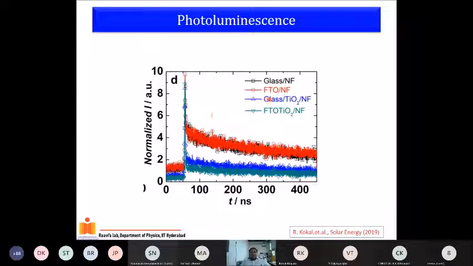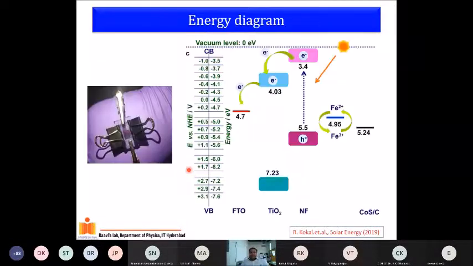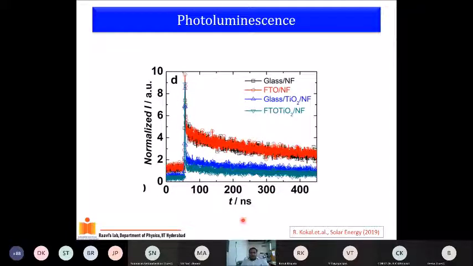Again, we see that when you put new Fuchsin on glass or FTO, it is long lived, suggesting that this is the excited state lifetime of the new Fuchsin, which is in nanoseconds. And the moment you put it on titania, this guy quickly injects, and the quick reduction or quenching of the PL can be seen in the fast decay of the emission. Okay. So the numbers, but doesn't matter, you can see it visually.